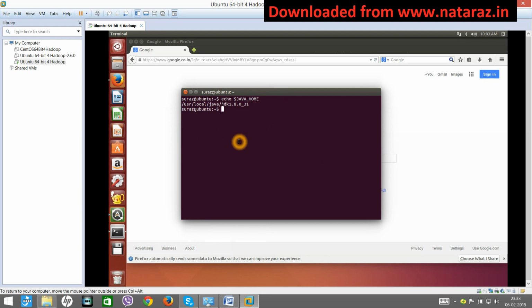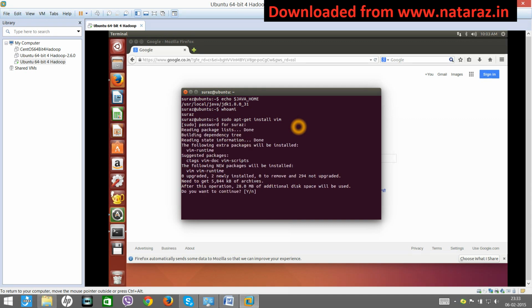So we just logged in. Who am I? Let's check. I am Suraj. I will not have permission to install software. That is the reason we are using a command called sudo. Sudo means super user do something. That means I am calling the root user: hey root user, please install this software, vim. Enter. Yes.